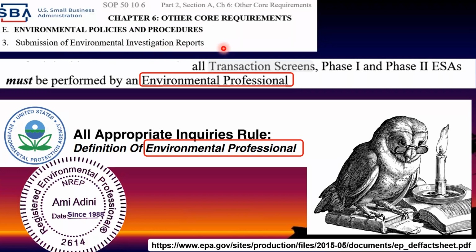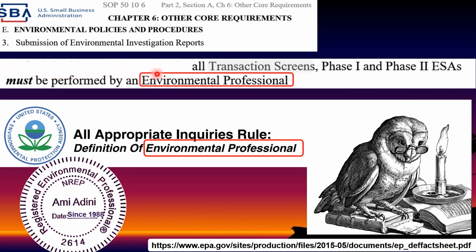So most of the transactions are done by backup of the SBA, as the SBA requires environmental investigation reports. And these reports are called Transaction Screen, Phase 1 and Phase 2 ESAs. ESA means Environmental Site Assessment. The little s means plural, okay? So we have transaction screens, Phase 1 and Phase 2 ESAs, Environmental Site Assessments, that must, bold letters, must be performed